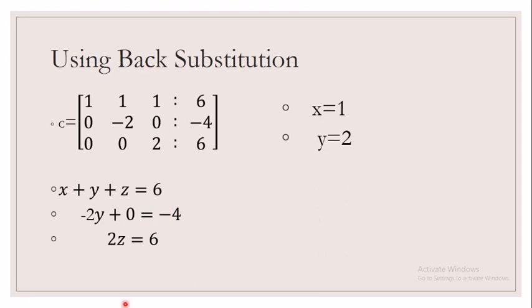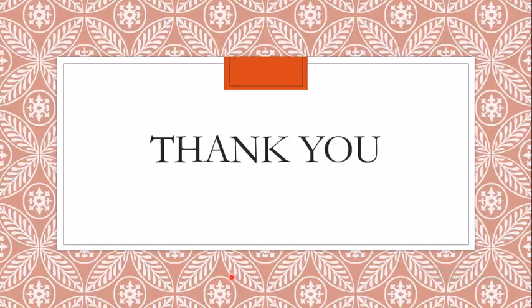So I get y is equal to 2, from equation 2. Then I get z is equal to 3 from equation 3. After getting y and z, I'm going to substitute these two in equation 1 so that I get my x, and in this case x is equal to 1. So I hope all of you have understood what the Gauss elimination method is.